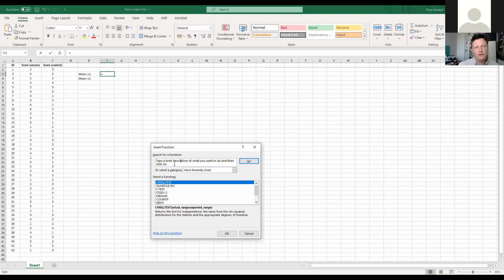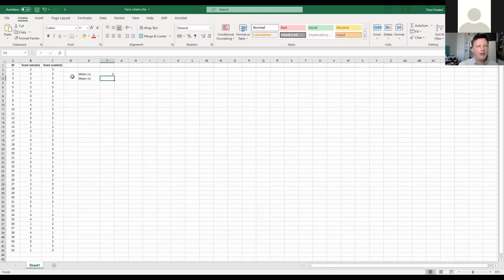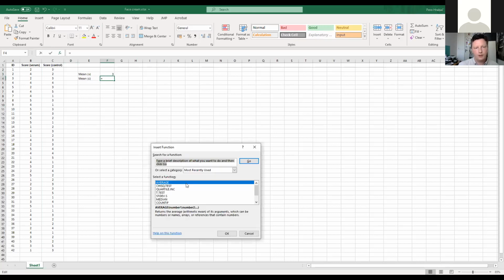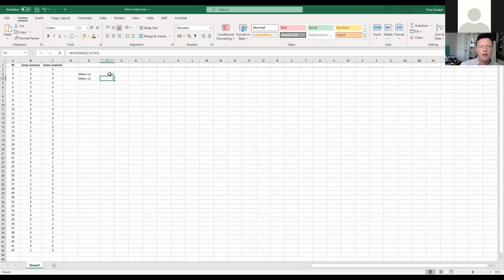So the function, as you know, the name of the function is average. And I'll just calculate the average of verum. Okay. And then the same thing for placebo, and I'll get the same number. Why? Because I need to increase the number of decimal places. So I can increase the number of decimal places, and you'll see that I got